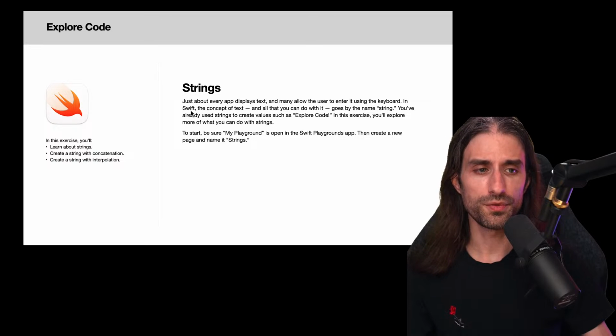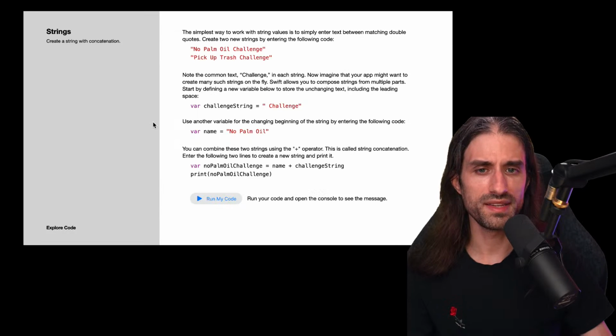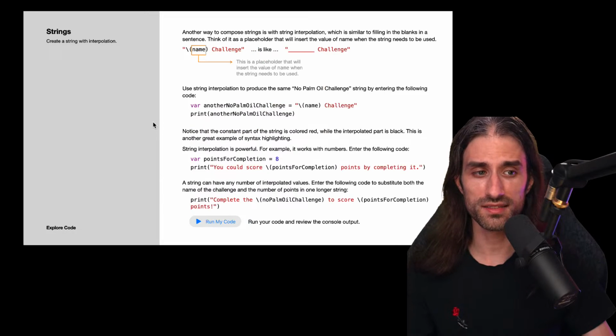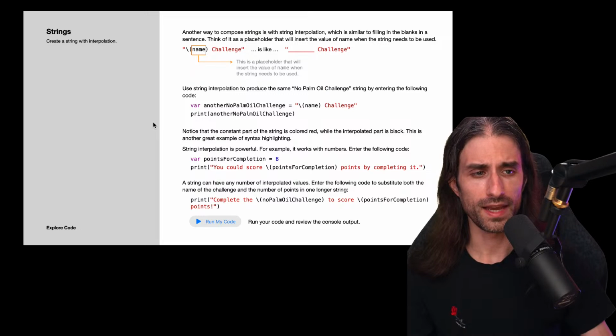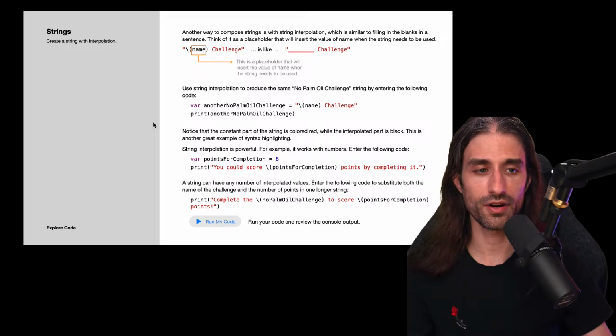Then a bit of a technical part about strings, one of the basic types of Swift, which represents text and which is very important to understand, because it's one of the most basic building blocks of apps. Virtually every app out there handles strings. Whenever you need to display text, you need to handle strings.